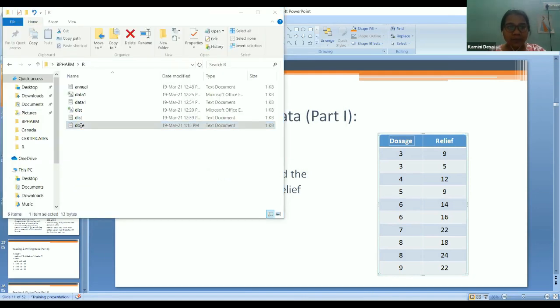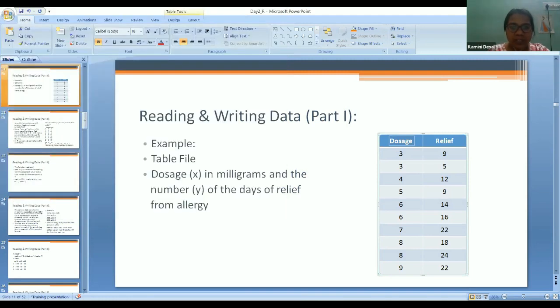Then write any numbers after that: 3, 1 space 4, sorry, that is 9. You can see on your screen 3 5, 1 space only. Okay, 4 12.